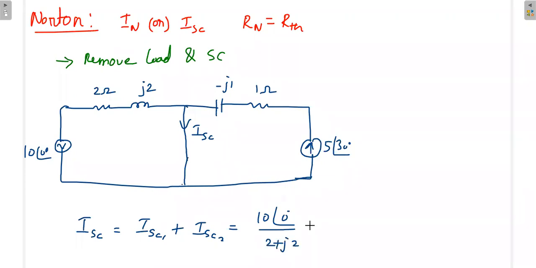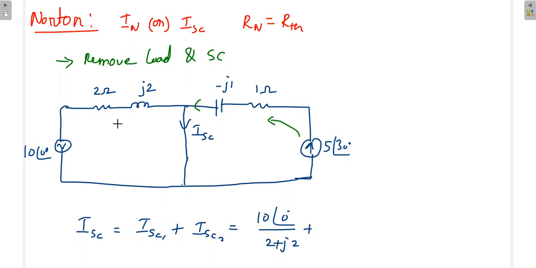Then I have to remove the effect of this voltage source. That means I have to short circuit this source. Once I short circuit, what will be the current? Already some current is coming here. See, this I am going to short circuit. Whatever current I am having here, the same current will come here, but here is a short circuit, and here some resistance is there.